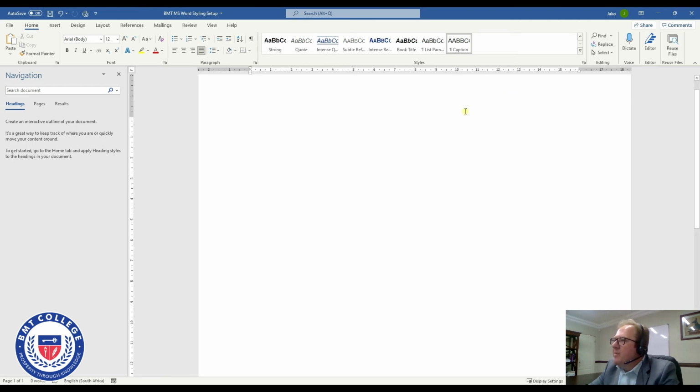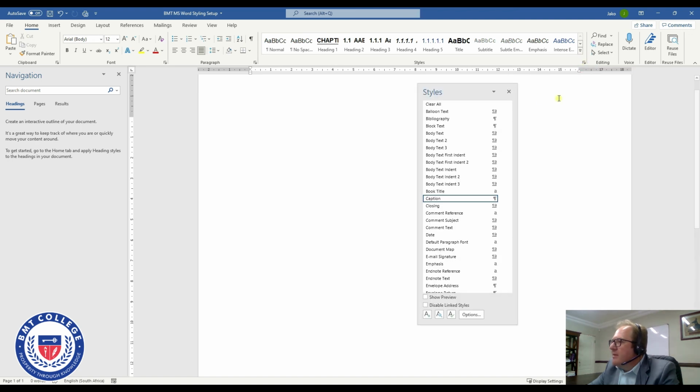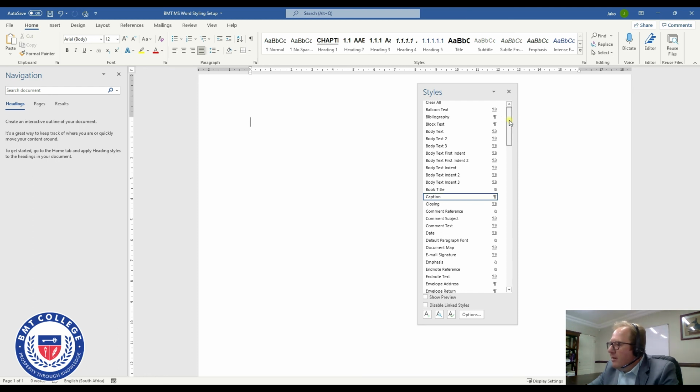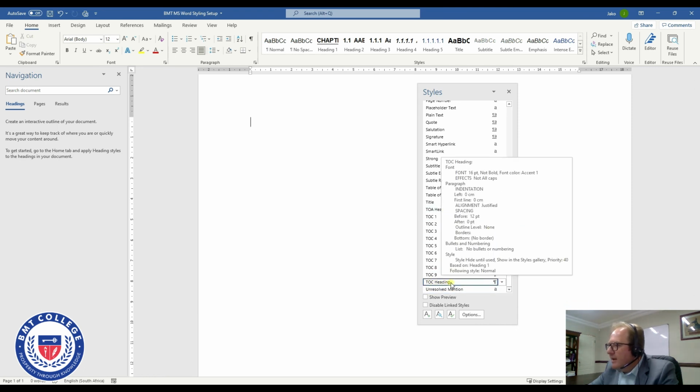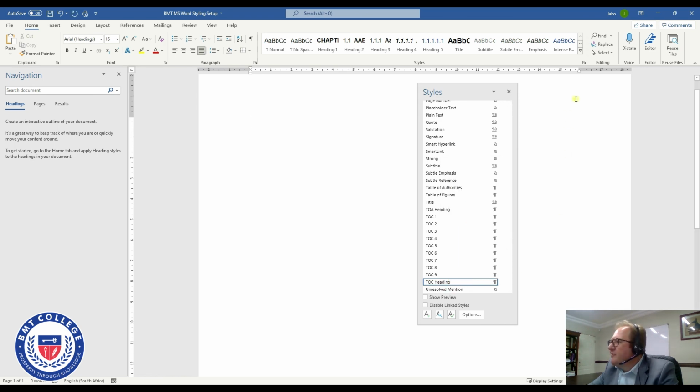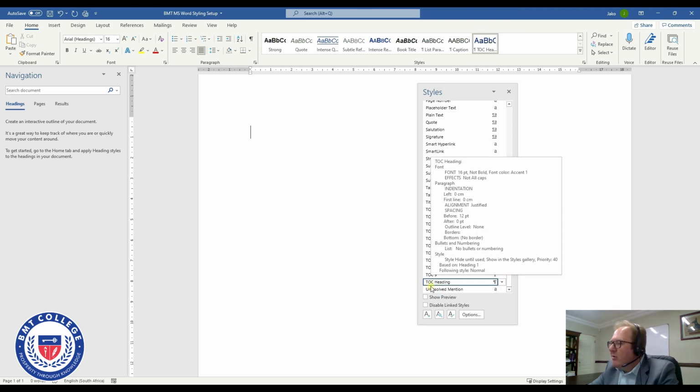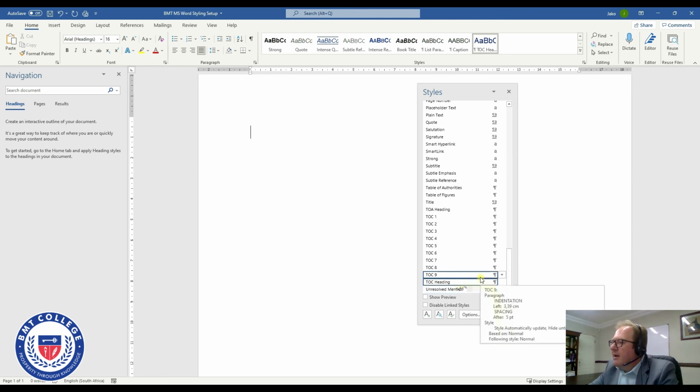communication panel, let's just open that again. So we go to our home, styles, and this little arrow here at the bottom that will open the styles communication. And what we will do is I'm going to look for a little thing that is called TOC heading, and there right at the bottom you'll see there is TOC heading. I'm going to click on that, and that should have been added now to our styles gallery. Remember, that wasn't there before, but our TOC heading has now been added there. So TOC, table of contents heading,